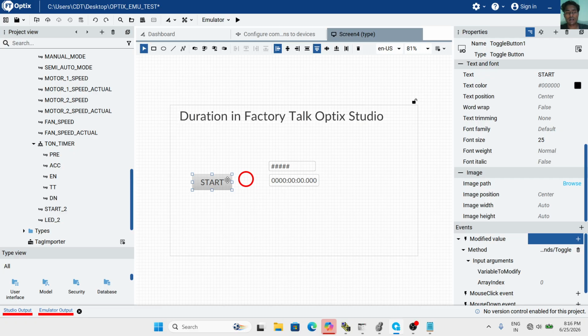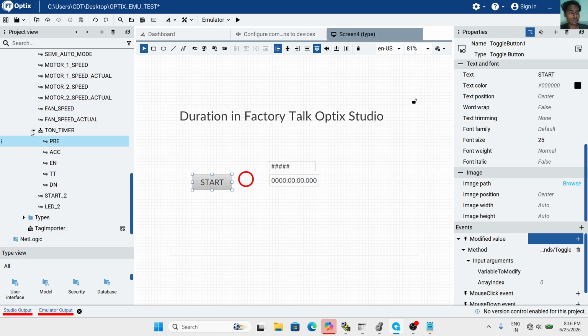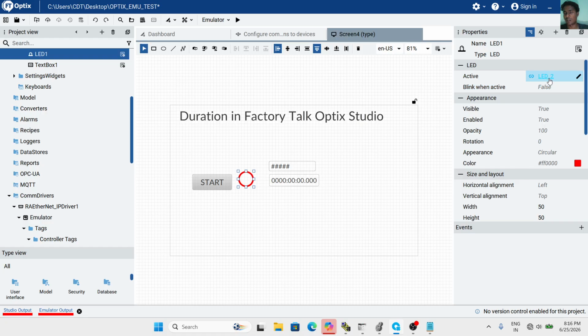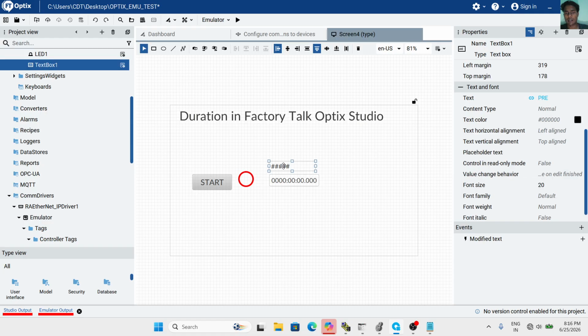When I open this variable modify toggle button, the LED light tag will be applied. When I open it, the timer preset value will be applied.